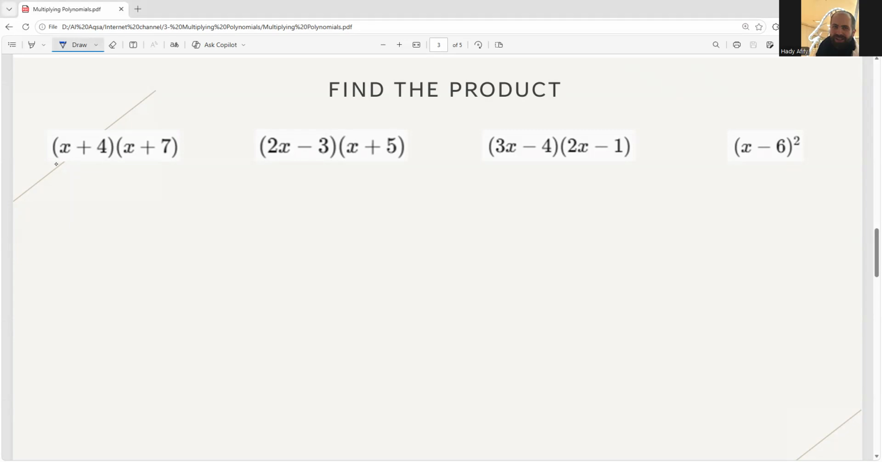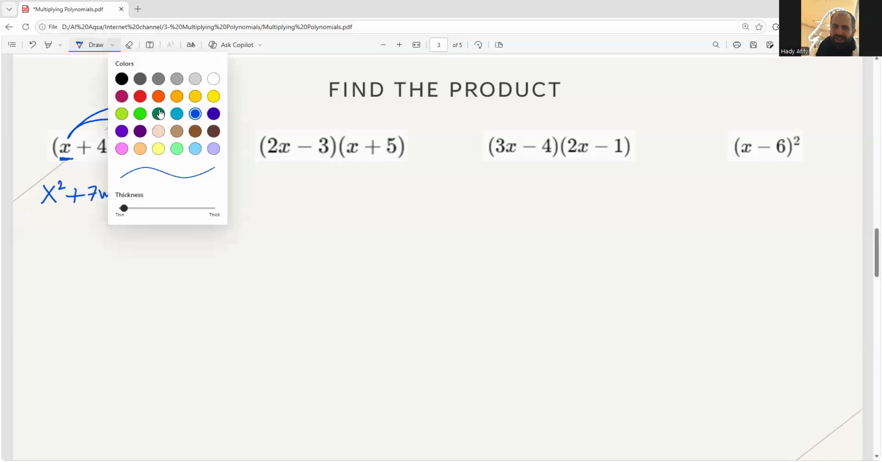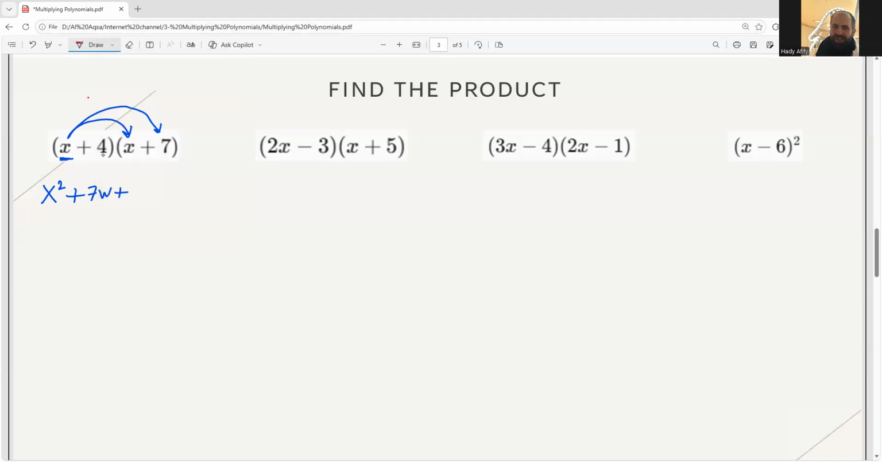So what we're going to do, we're going to bring the first term of the first binomial multiplied by the first term of the second binomial. So x times x will be x squared. Then multiply the first term of the first binomial with the second term of the second binomial. So x times 7 will be 7x, plus